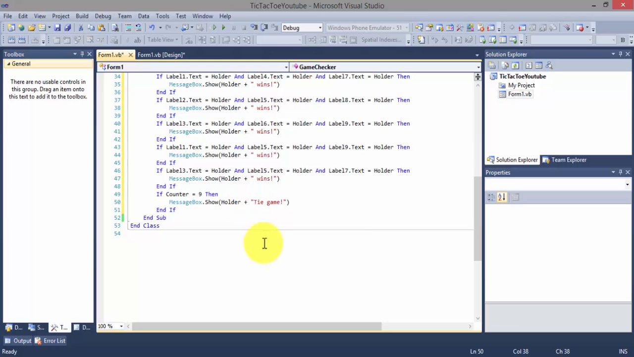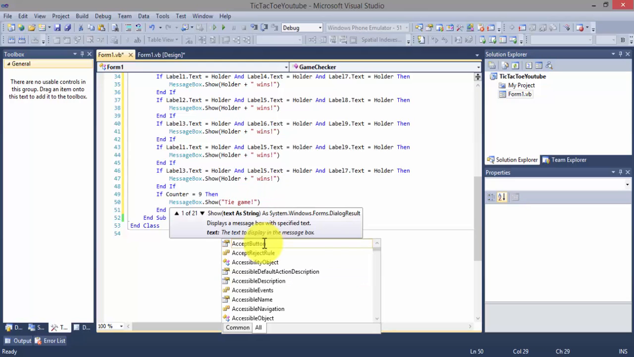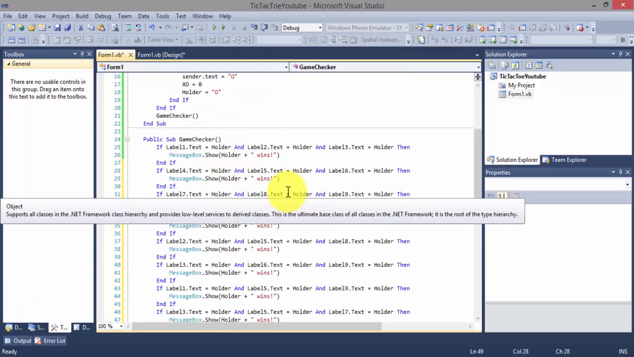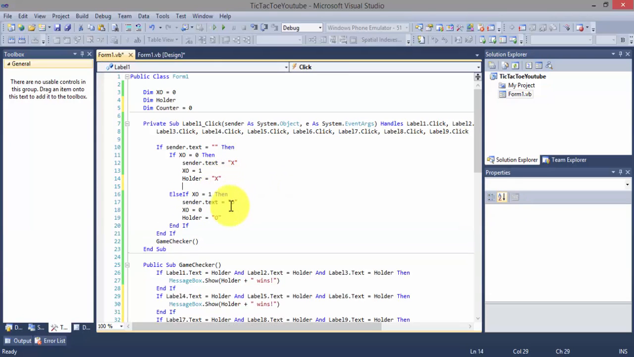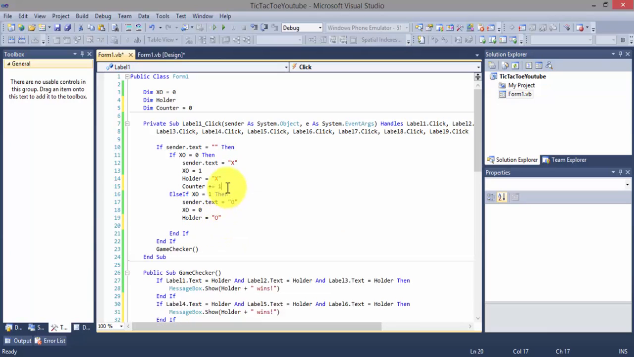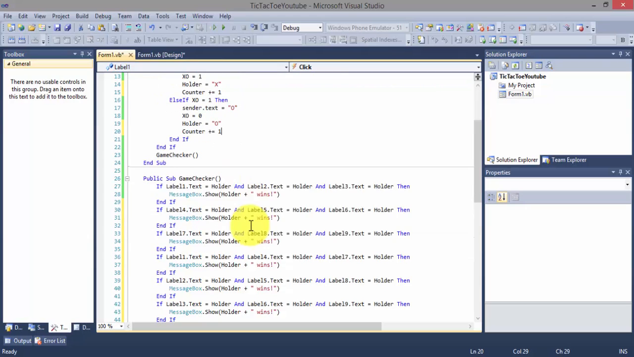Get rid of this. Now, when you come back up here, and when you say counter plus equal 1, all that is saying is counter equals counter plus 1. It's just a shorthand way of saying it. So now what we've got,